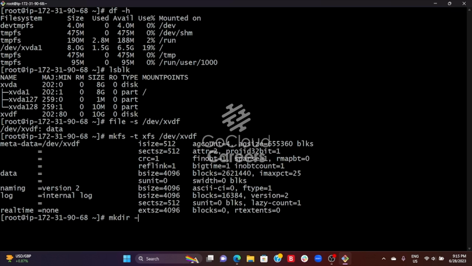-p. I'm going to create a directory called volume and a subdirectory called new volume. And you hit enter. Great, it has created our directory. Now we want to navigate into this directory we've just created. So we're going to use the command cd